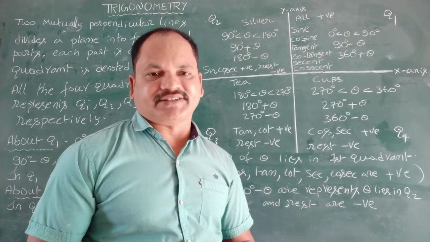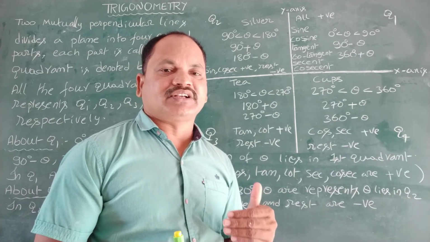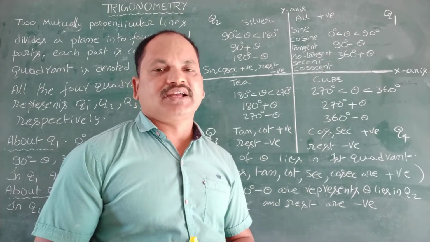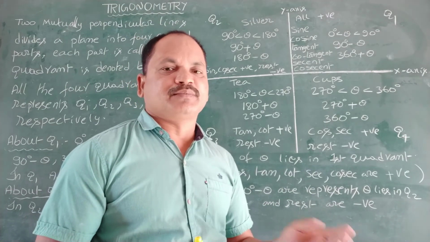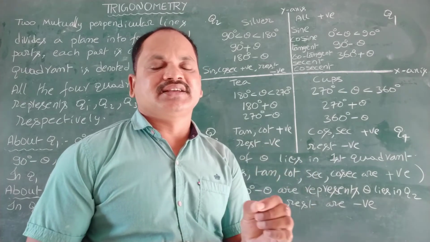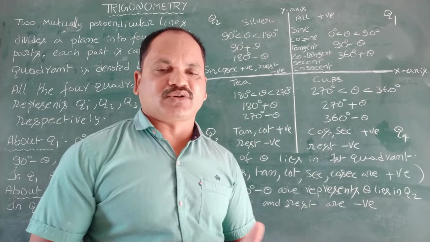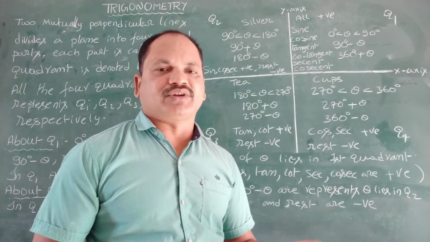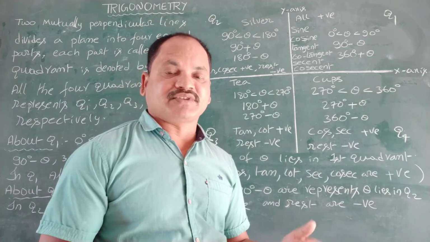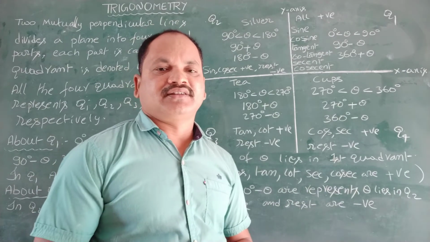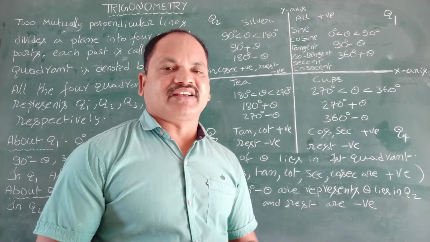And cotangent, COT, cot. Cotangent is simply read as cot. And secant is simply read as SEC. Some students call it sec, some students call it secant. That's all, we have to read it as secant. Somebody reads it as seek. No problem, just funny.